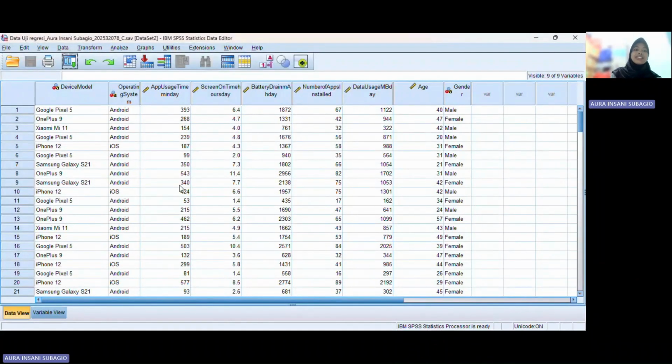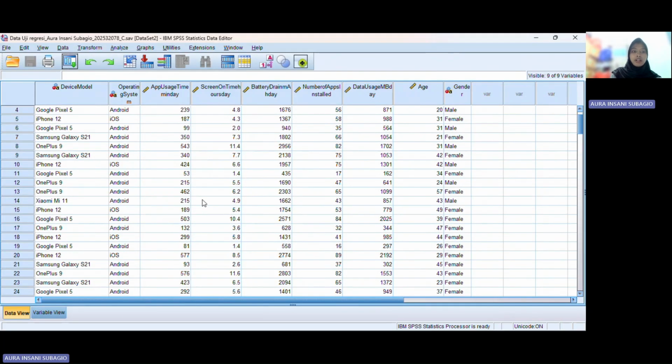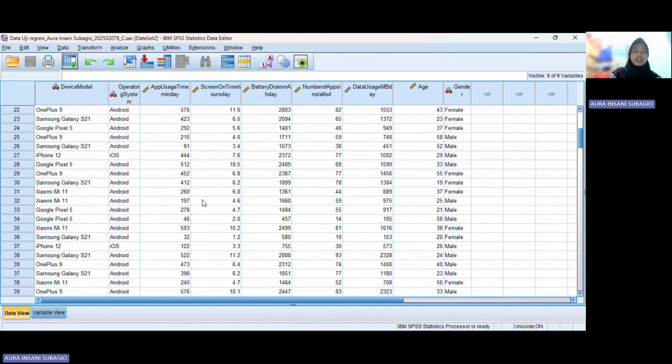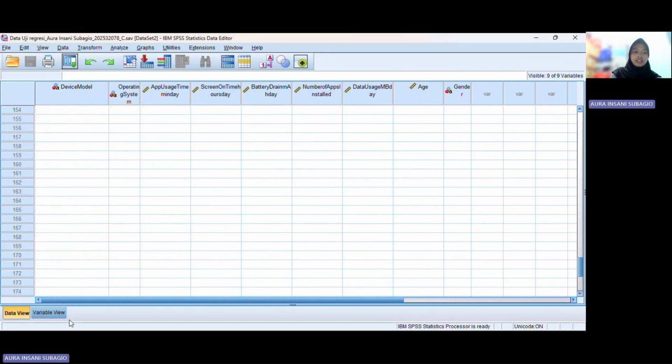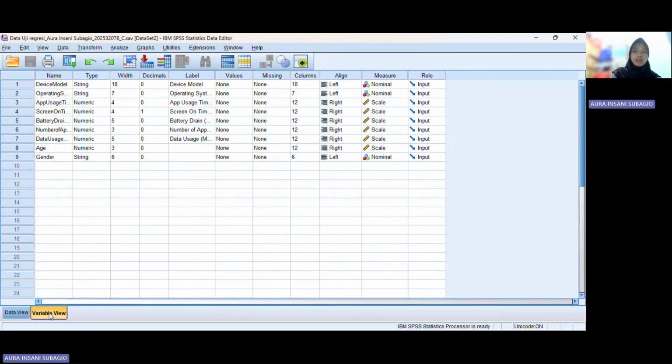Okay, this is the data I use. I just export it from Excel, and then this is the data I already export here. This is the data view, and this is the variable view, as you can see in here.